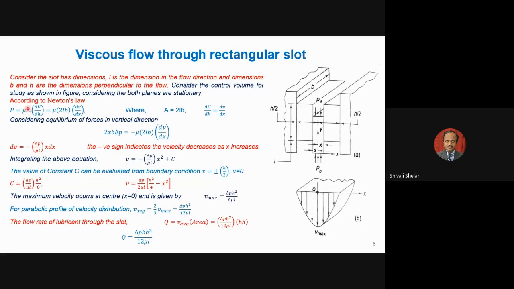Now what is the area here? So I take a very small control volume here. The resistance area will be on the two sides, one area here and another area here. The length here is L, and the width here is B. So there are two areas of resistance, 2 times L into B. So mu into 2 times L into B.